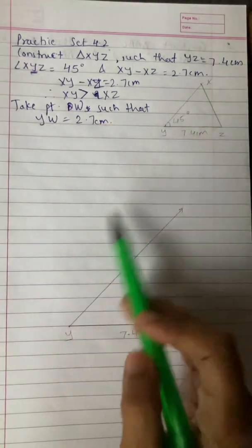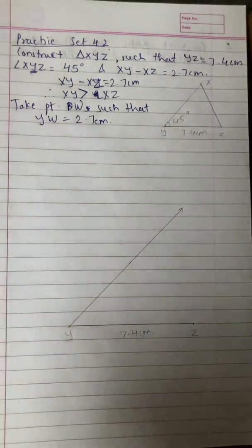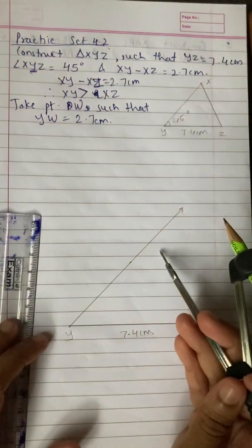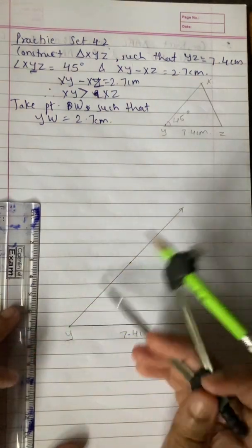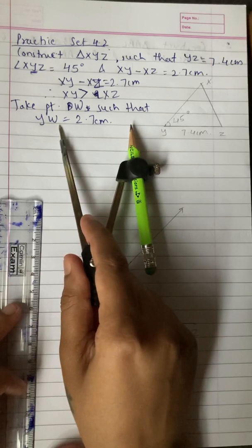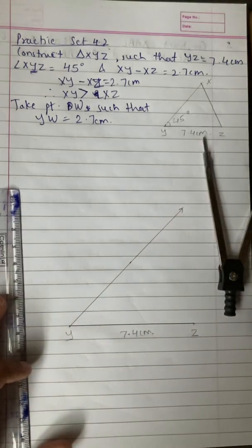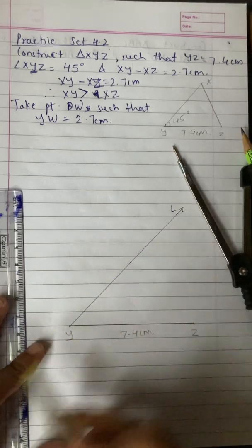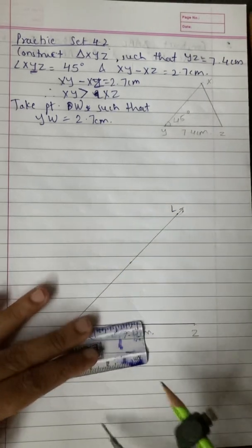Now we have to take YW. So W we have to take on this ray only. So it is 2.7 centimeter. You don't have to mention that we are taking it on the same ray. We just know, so we can take. But when you are taking it on the opposite ray, just mention that take point W such that it is lying on the opposite ray to the ray. This ray you can name randomly as YL. Opposite ray to ray YL. Mentioning this is important. Okay. Take 2.7 centimeter.